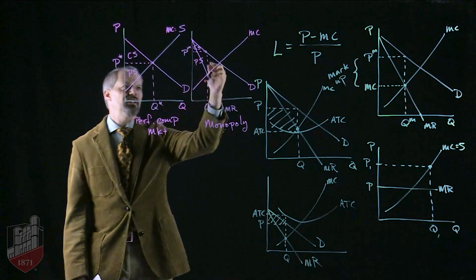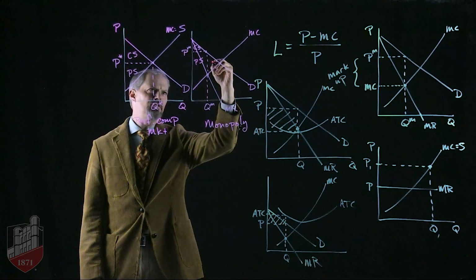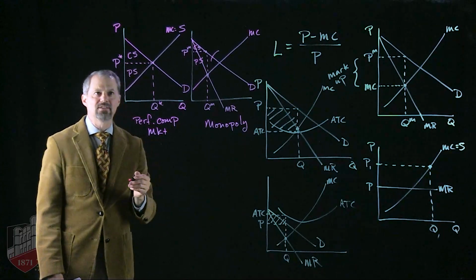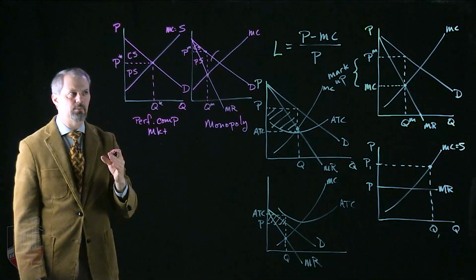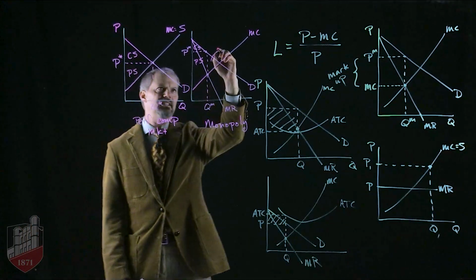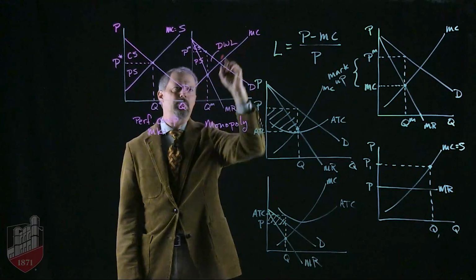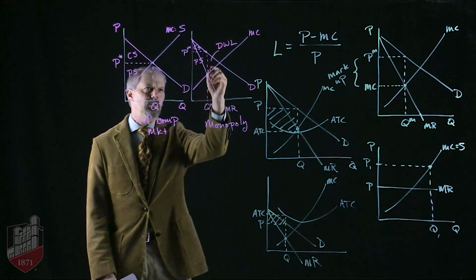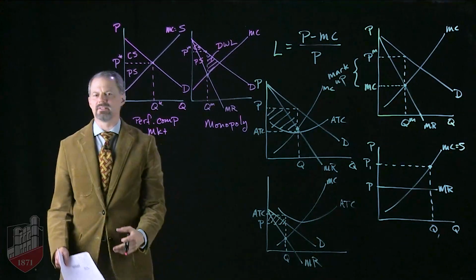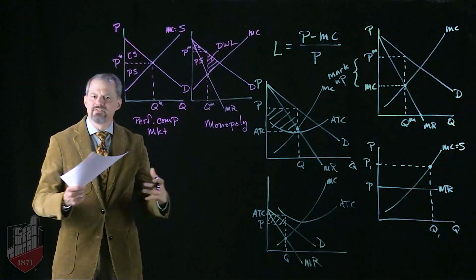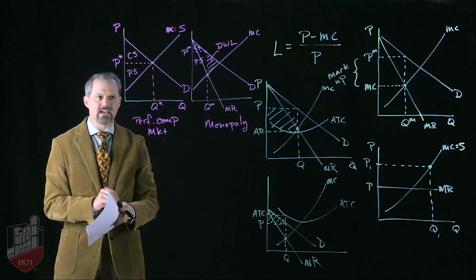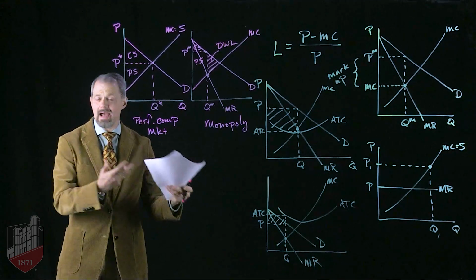But then notice this little triangle right there. That would have been part of total surplus, but because there's a monopoly, that's surplus that doesn't exist. This we call the deadweight loss of monopoly. So this little triangle right in here would be the deadweight loss of monopoly. It's well-being that just vanishes out of the economy because the monopolist is exercising its market power and maximizing its